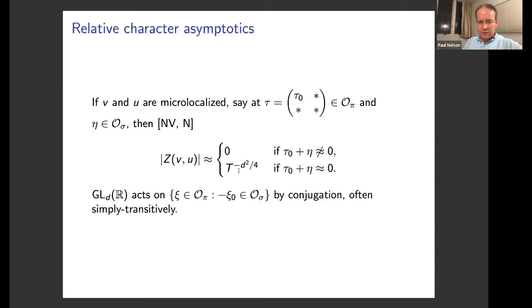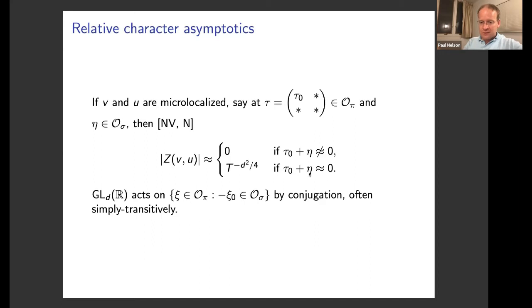So this is actually quite a reasonable size for this integral. And yeah, kind of to zeroth approximation, you should think of the first assertion here as something like integration by parts, and the second assertion is something like stationary phase analysis. That's roughly what happens here. And so I guess this kind of result motivates looking at the collection of pairs tau and eta, which satisfy,